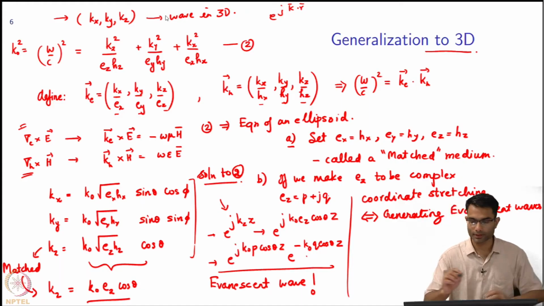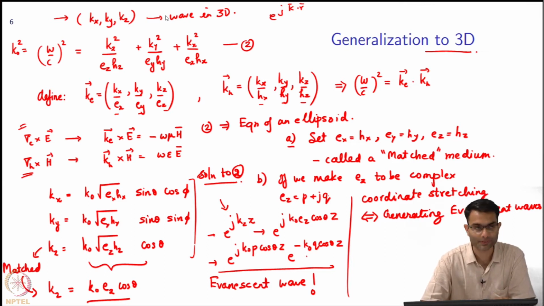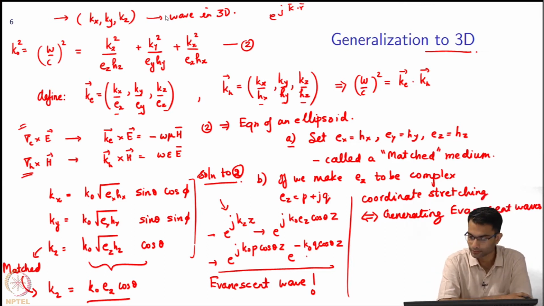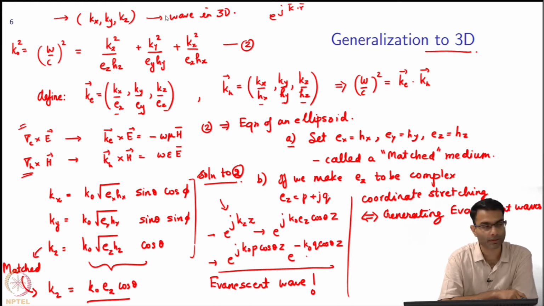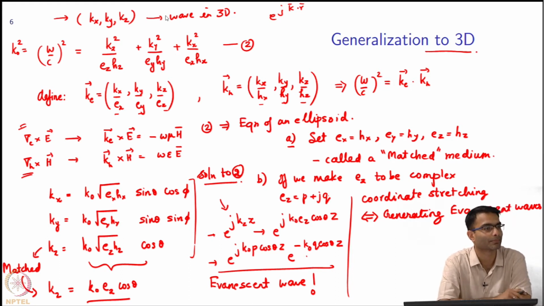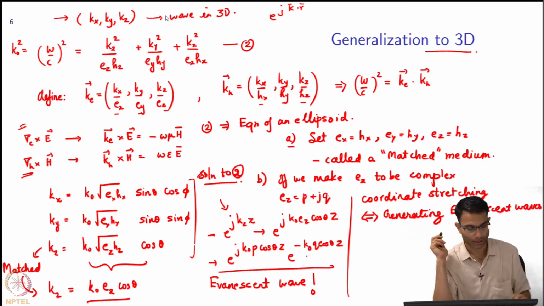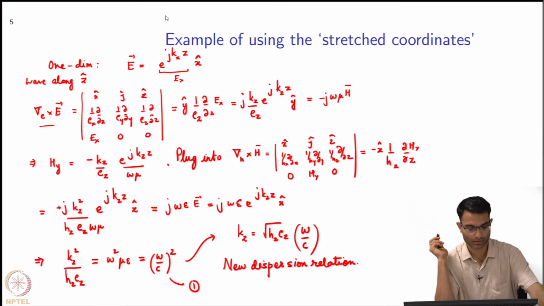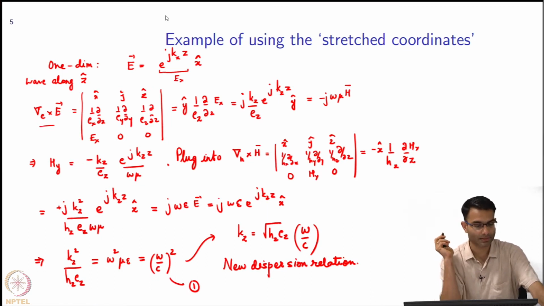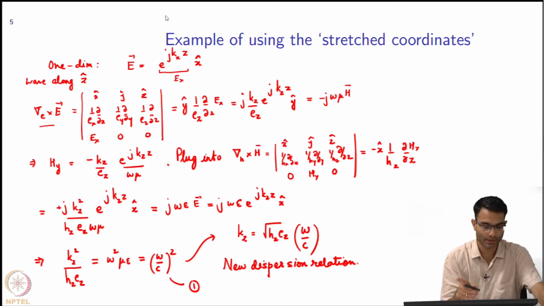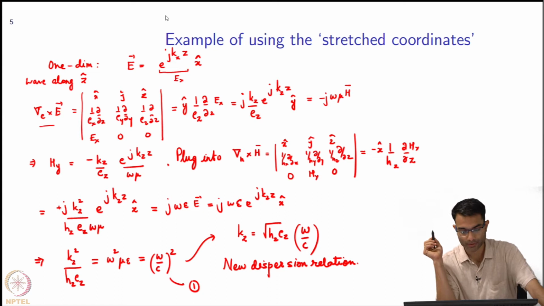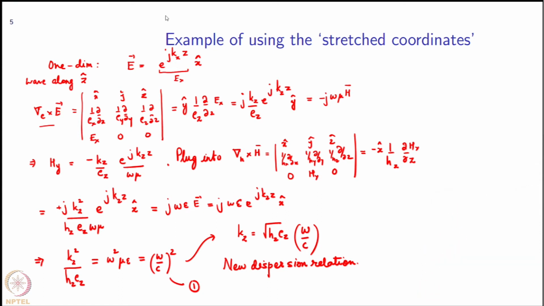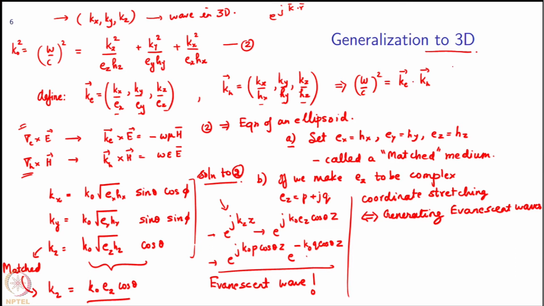Right. So, we continue with our development of the PML, and the concept that we have to keep in mind is that coordinate stretching is mathematically the same as generating an anisotropic medium, therefore it absorbs, right, it has evanescent waves. Okay. And the key idea was, as we already mentioned over here, we have generalized this del E and del H operator to now have a 1 by Ex, 1 by Ey, 1 by Ez term. Similarly for the H, 1 by Hx, 1 by Hy, 1 by Hz. Okay. As a result of which I got a new dispersion relation which is over here,